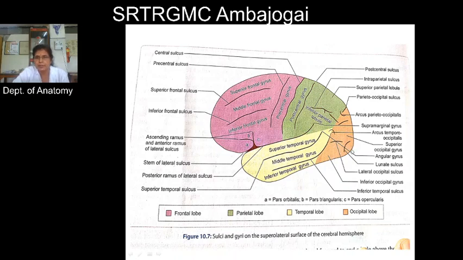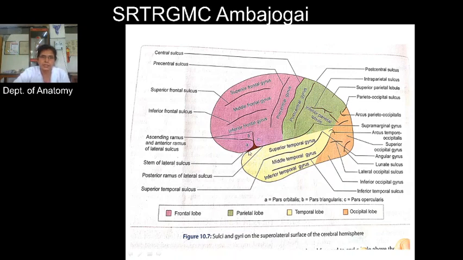Then just in front of this occipital pole, there is one sulcus present, and that is the lunate sulcus, and this lunate sulcus separates the superior occipital gyrus and inferior occipital gyrus from this occipital pole. So these are the sulci and gyri on the